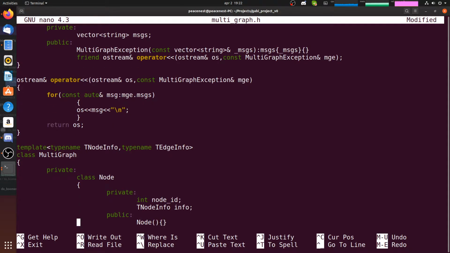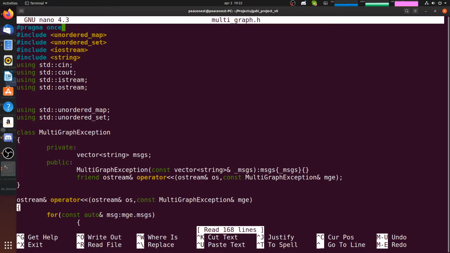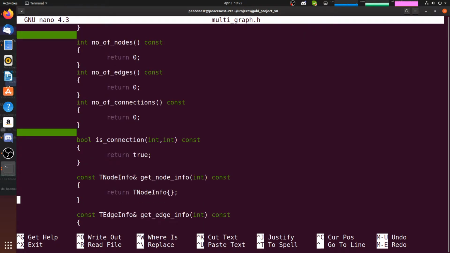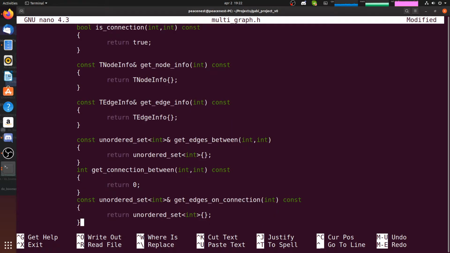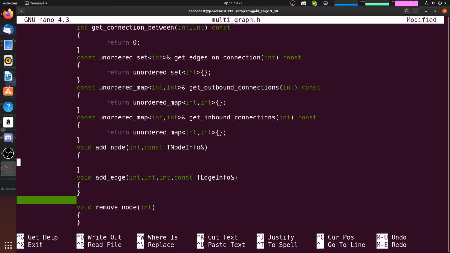Okay, so I'm gonna save it right now, so I know it's been saved. Thank you. Won't be taking any chances no more with this. Okay, so number of nodes, it's the size of nodes. Cool. And now it's gonna be easy to add a node, right? So it's gonna be auto it equals this